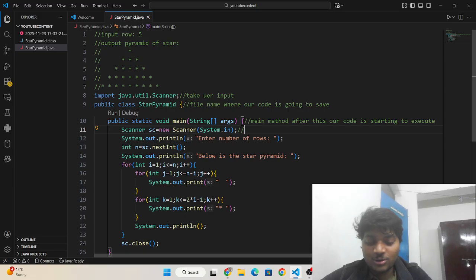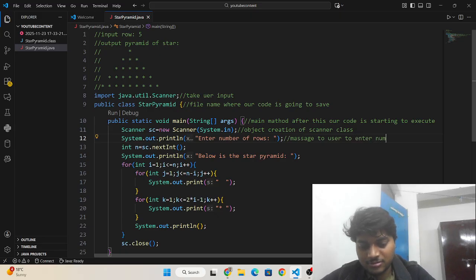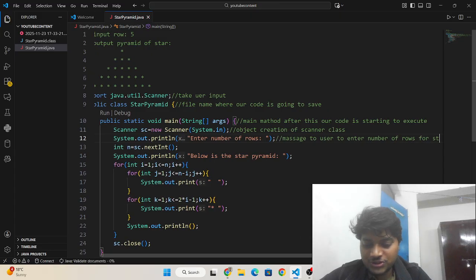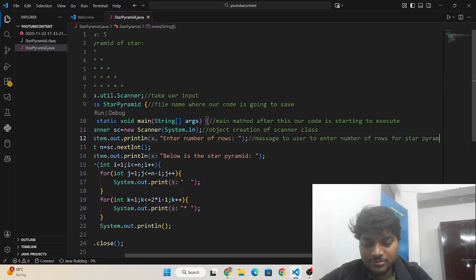This is the object creation of a Scanner class. And this is a message to the user to enter the number of rows for the star pyramid.